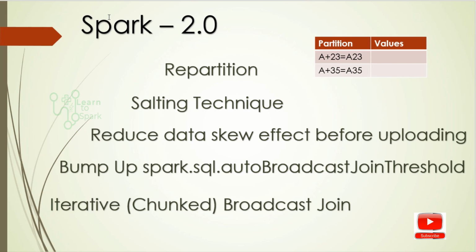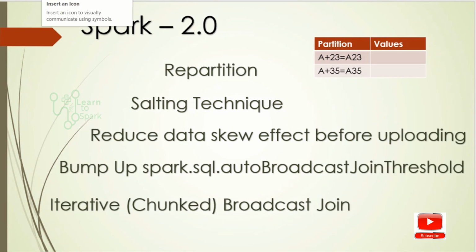The next option is to reduce the data skew effect before loading the data into our cluster itself. If we know there will be skewness in data and a dominant partition ID, then it is better to avoid it by selecting some other column along with the skewed partition ID. For example, in our case we used the OS as our partition ID. Instead of that, we can use a country code along with the mobile OS, so that it makes some distribution across the partitions to avoid the data skewness.